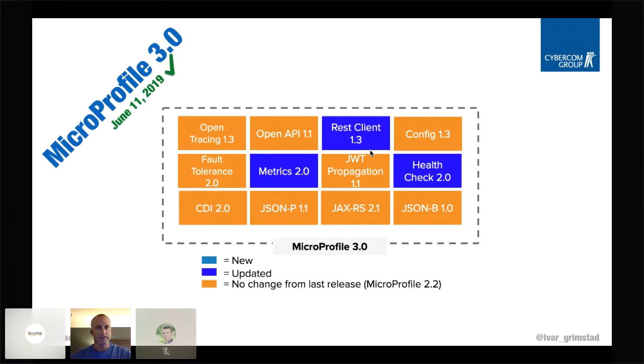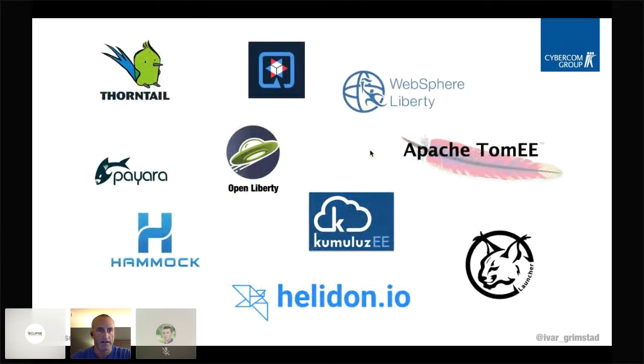So these are the Java EE 8 technologies that MicroProfile is built upon. On top of these, we have APIs for OpenTracing, OpenAPI, REST Client, Config, Fault Tolerance, Metrics, JSON Web Tokens, and Health checks. I'll go through these APIs in more detail over this presentation, and probably show demos with all of them. So since MicroProfile is a set of APIs, that wouldn't mean anything if it didn't have